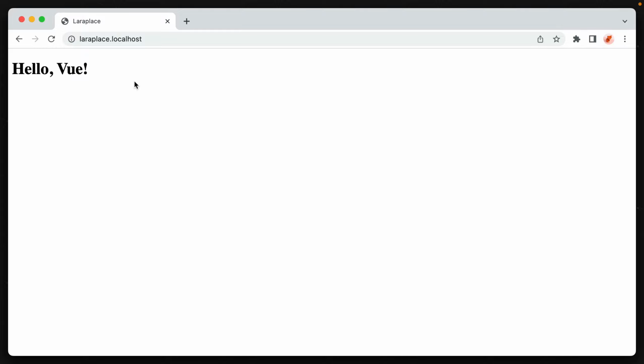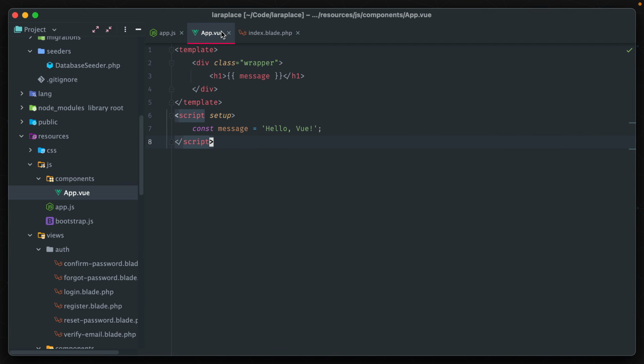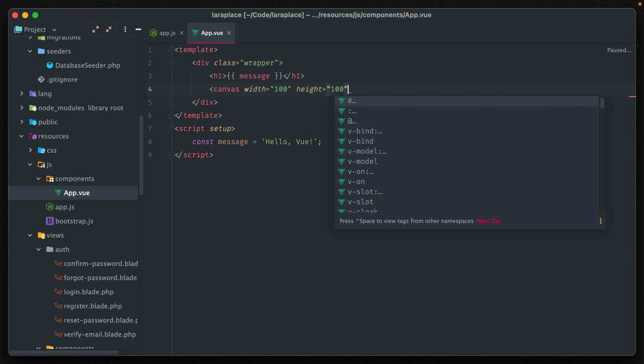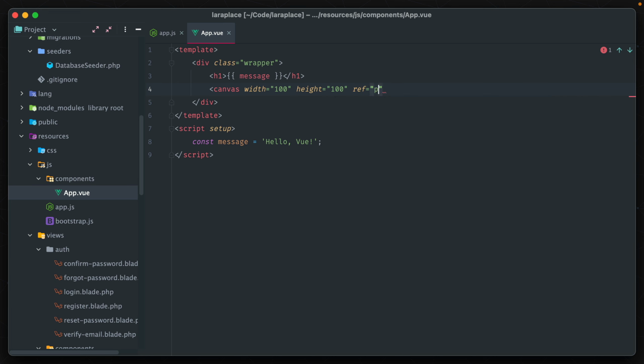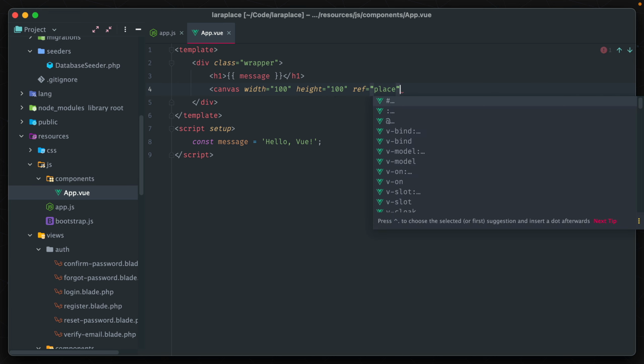which means that Vue is loaded in and working as expected. The next thing we need to work on is getting an area set up to start drawing out our pixel grid. And instead of using individual elements for each of the pixels in our grid, we're going to use a single canvas HTML element and then use JavaScript to actually draw out the graphics. In our main app.vue file, let's go ahead and create a canvas element. And we'll give it a width and height based on the amount of pixels in our grid. So that's 100 by 100. We'll also add in a ref attribute here called place